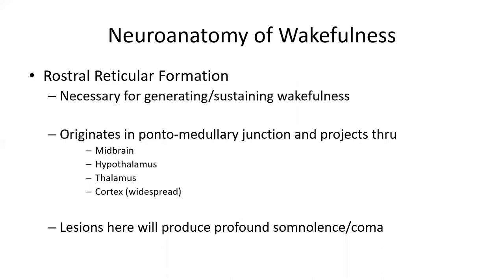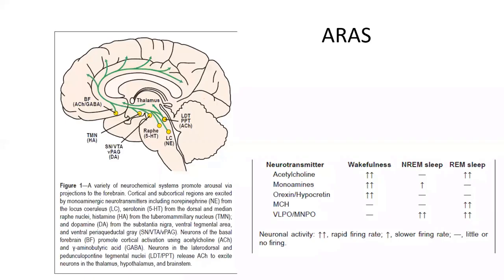Okay, so let's talk a little bit about how we as a species sustain wakefulness. So it's really the rostral reticular formation that's necessary for sustaining wakefulness. And this is something that originates in the pontomedullary junction and projects widely through the midbrain, hypothalamus, thalamus, and cortex. So lesions, so a stroke or mass lesion like a tumor here, will produce profound somnolence and coma. So the ascending reticular activating system is